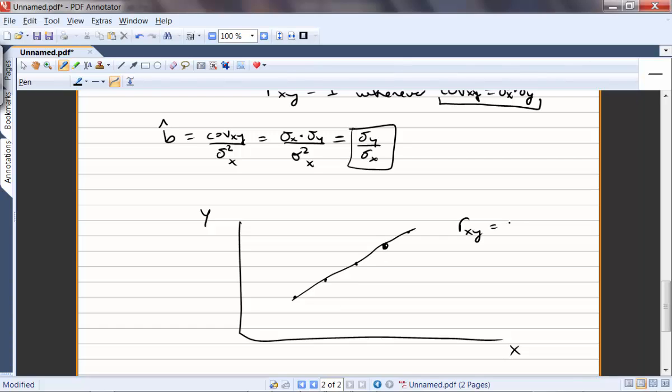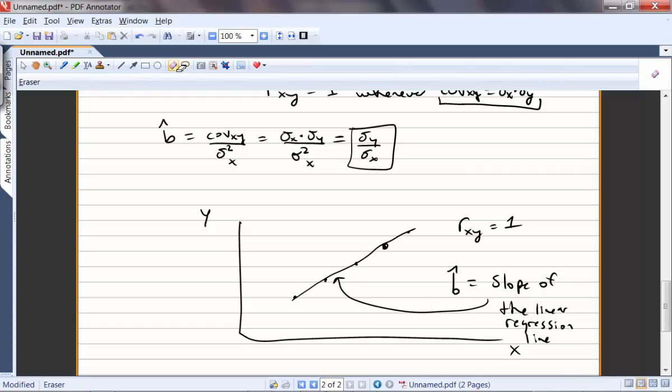If they pass through the same line, and that happens with the highest extent, then r is as big as it can be, 1, and b hat just gives the slope of the linear regression line. Now, if the points all lie on the same line, the linear regression line is that line that passes through every point. But if the points don't lie on the same line,